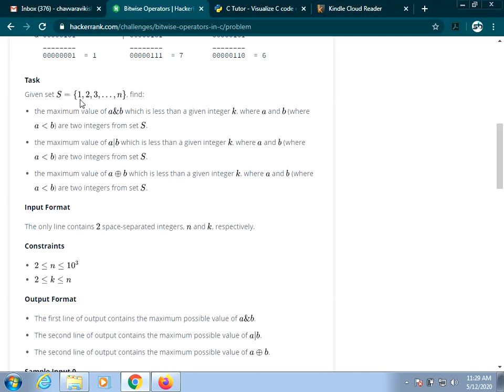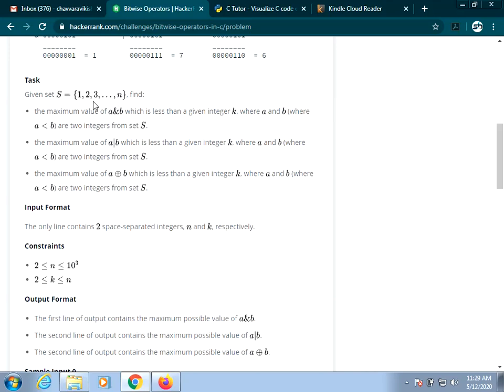That is, you have to take pairs of values from each and every value in this set. First you have to take 1 and 2, perform AND operation. In the same manner you have to take 2 and 3, perform AND operation, 3 and 4, perform AND operation, and so on.